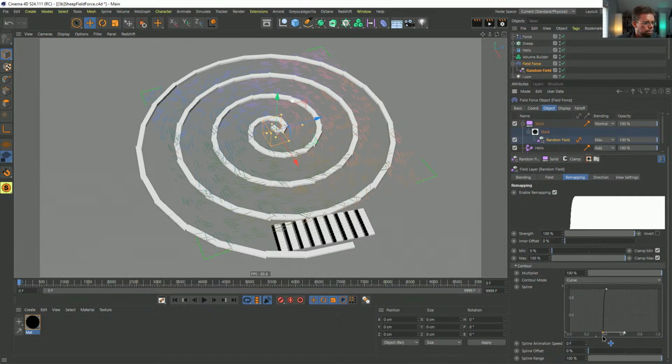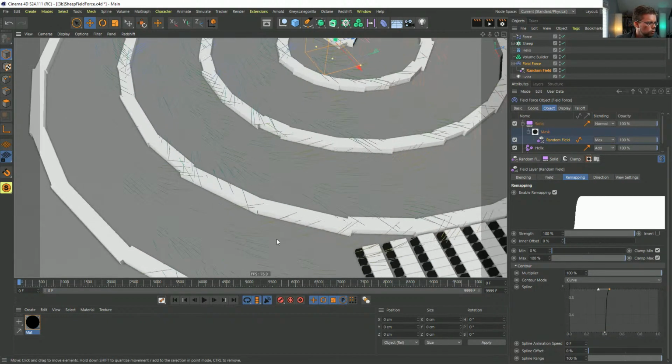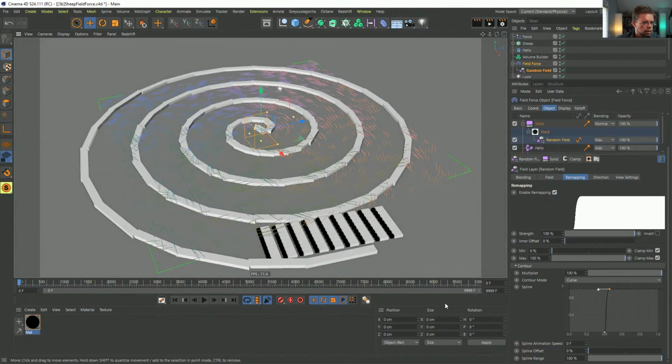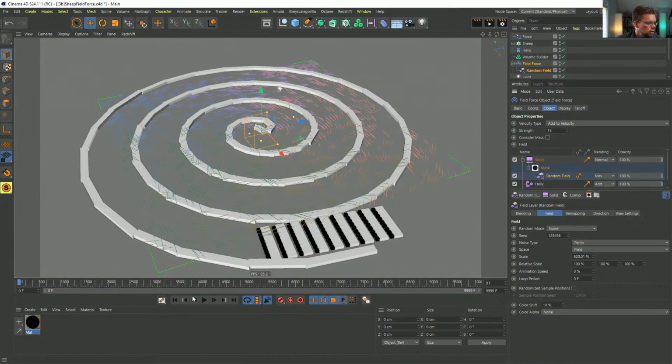So we could make more or less dead zones. So we can do something like that maybe. Start seeing these little empty patches. So in general, they want to move forward. Right now, there's going to be dead patches and there's no animation speed. So let's just see what happens.